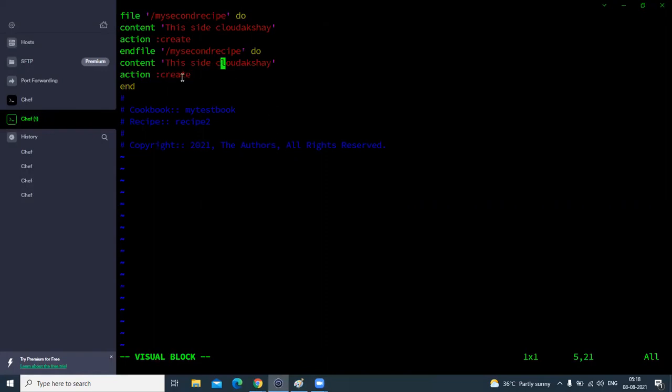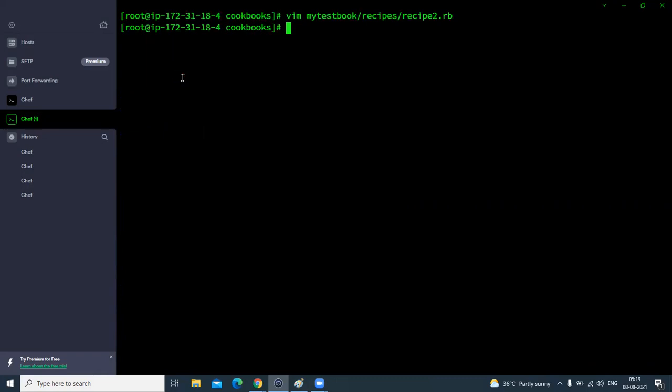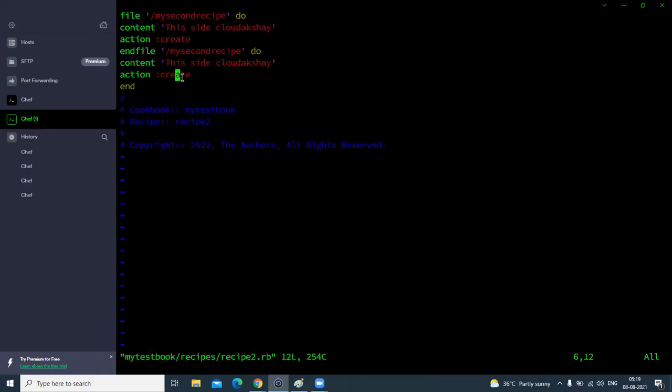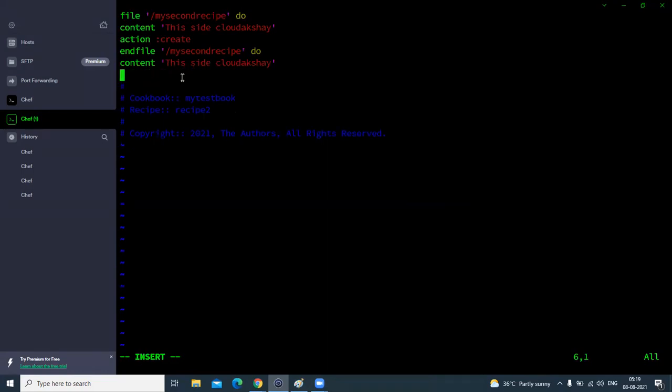I think paste it 2 times, and remove some content. First I need to be a super user. Already a super user, and press I, delete this content.